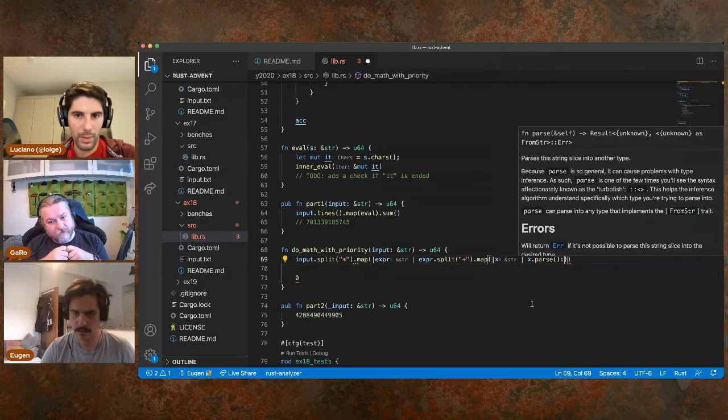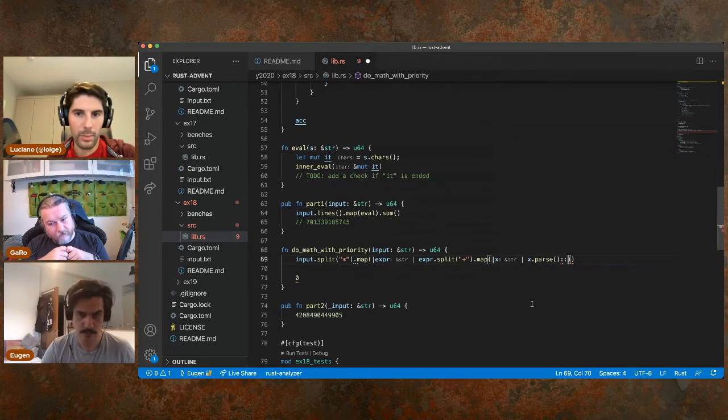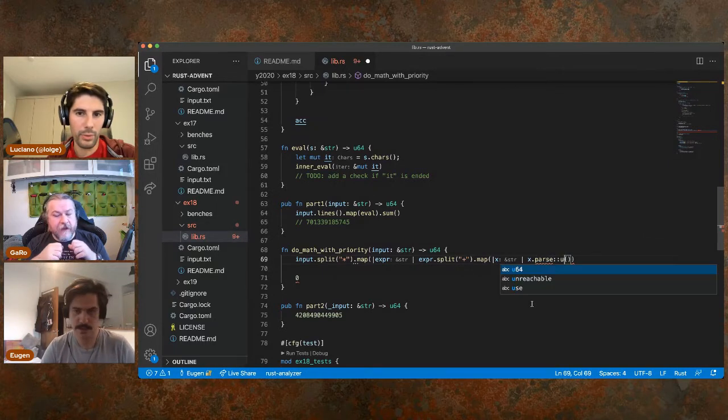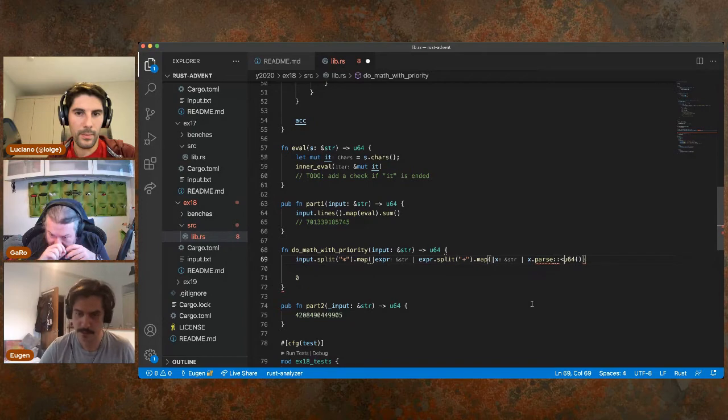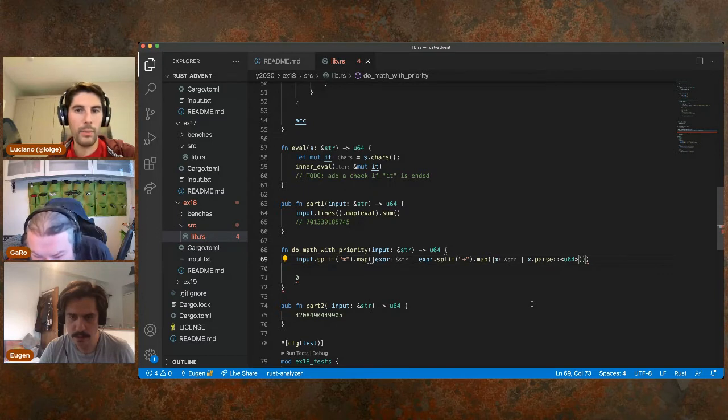colon... No, sorry, before the parentheses, I think. Yeah, specify the type. Oh, yeah, okay. I think you are forced to say the type. Yeah, in angular brackets. Yep. Sorry, I'm still finding my way around. And now that might work. I think you might need to unwrap. Let's just